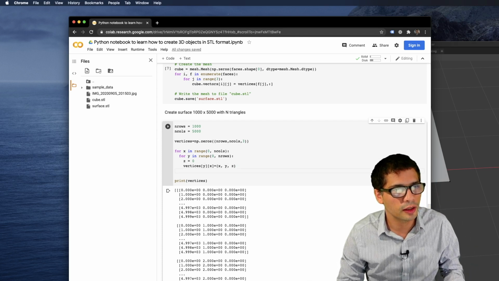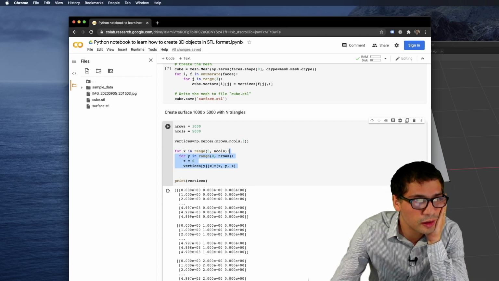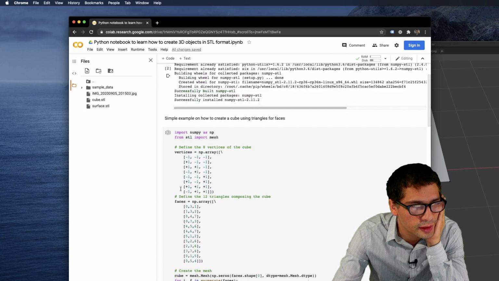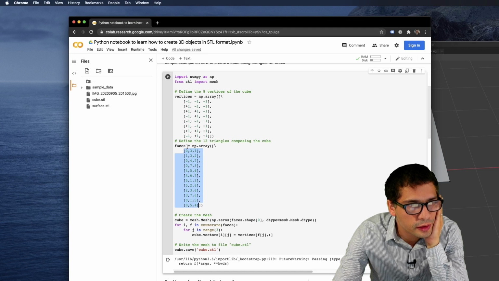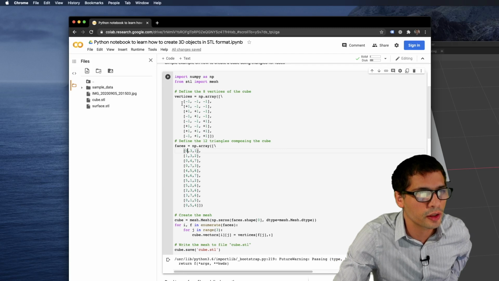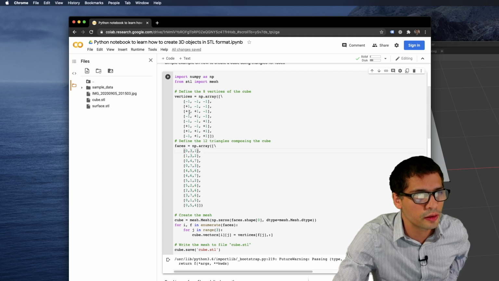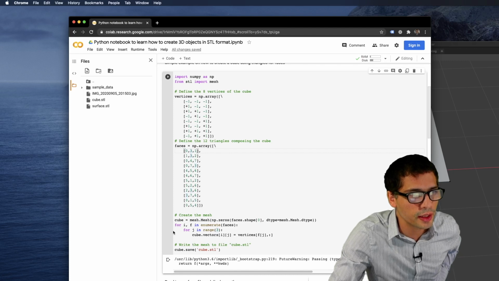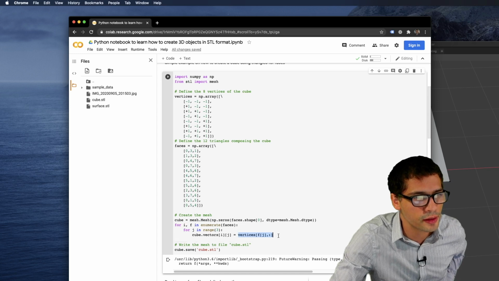So I've created now a list of vertices, and what I really need to do, going back to this code, right? I'm debugging this code, this example here. I don't know if I really need to follow this step here, where I create a list of faces, right? Because this list of faces is using the index of each vertex. So you see 0 is vertex 0 here, 3 is vertex 3, 0, 1, 2, right? So we're doing all of that, but then later on, we're actually fetching the vertices straight anyway.